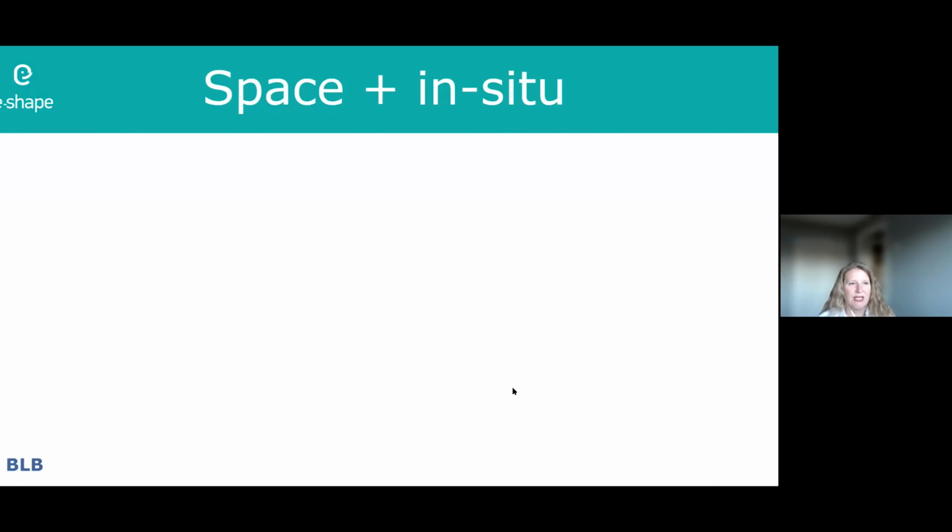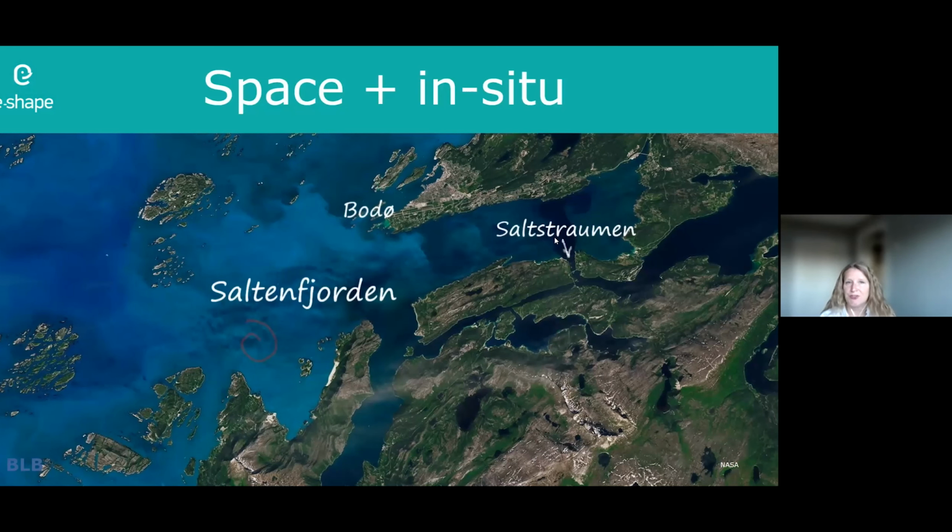I will give you the names here. You have here Saltströmmen, which is the strongest maelstrom in the world. So that's the tidal effect. You have a city, a local city, and then you have a part of the fjord. And something happened here: in situ observations here, but also services here based on both satellites and in situ